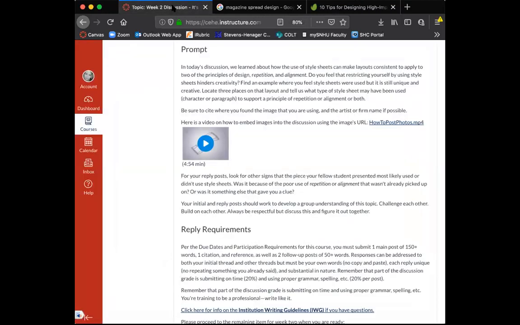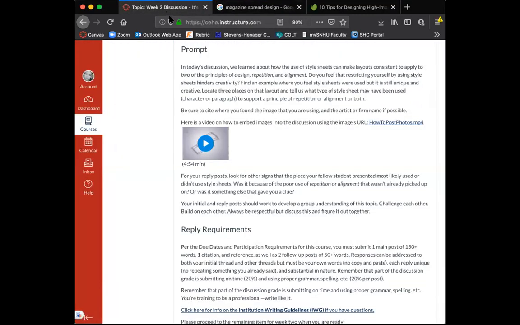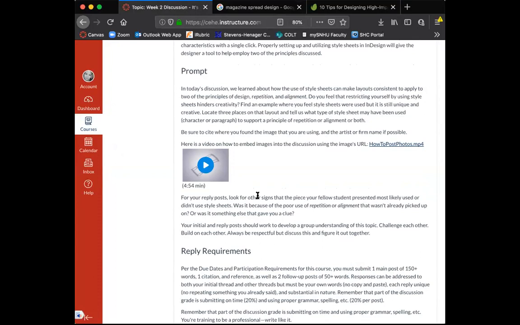Okay, so that would be a good image to show, or one of these images, and you can go ahead and point out in there. Yep, you can scan a magazine article. Yep, you can even draw on there or make it a PDF and go ahead and draw in there, kind of like where you think a paragraph style sheet is being applied, or where a character style sheet is being applied.